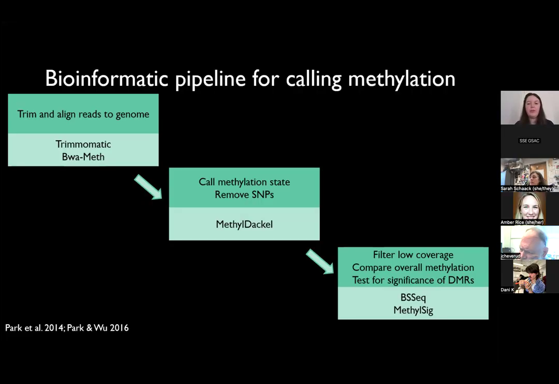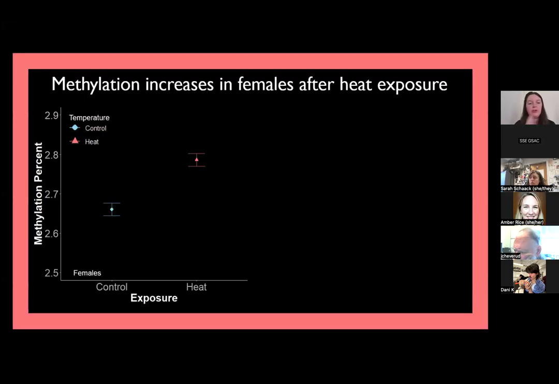You first compare overall methylation patterns among the different temperature treatments and among the different sexes. And then you're also going to test for significantly differentially methylated regions, and you're going to look at what genes those differentially methylated regions actually are located in. So let's first look at